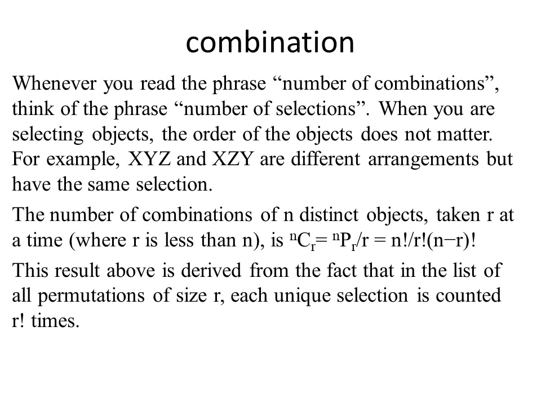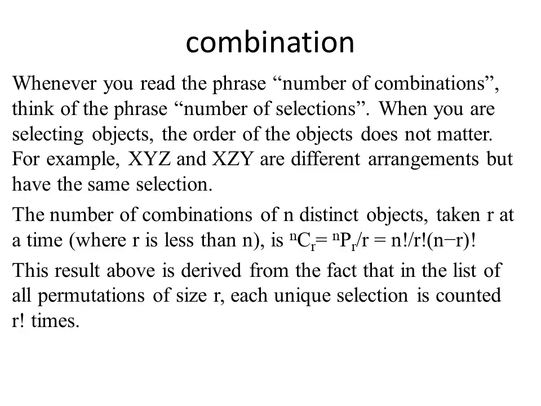Whenever you read the phrase number of combinations, think of the phrase number of selections. When you are selecting the objects, the order of objects does not matter. For example, x, y, z and x, z, y are different arrangements but have the same selection. The number of combinations of n different objects taken r at a time, where r is less than n, is